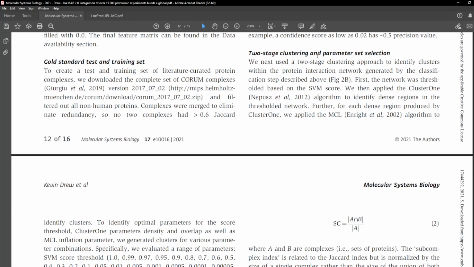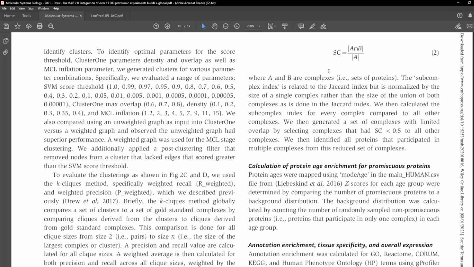Further, for each dense region produced by ClusterONE, we applied the MCL, Enright et al., 2002, algorithm to identify clusters. To identify optimal parameters for the score threshold, ClusterONE parameters density and overlap, as well as MCL inflation parameter, we generated clusters for various parameter combinations. Specifically, we evaluated a range of parameters, SVM score threshold, 1.0, 0.99, 0.97, 0.95, 0.9, 0.8, 0.7, 0.6, 0.5, 0.4, 0.3, 0.2, 0.1, 0.05, 0.01,